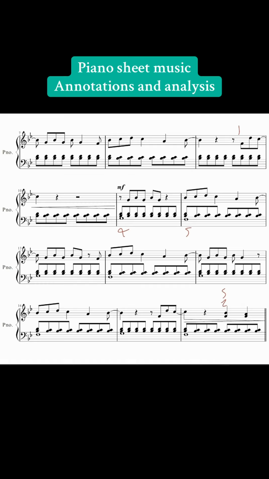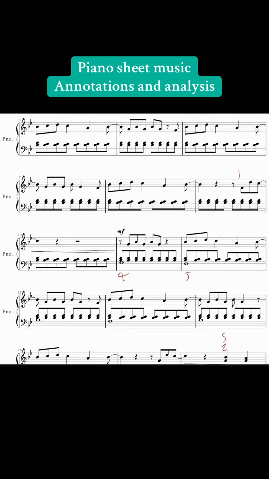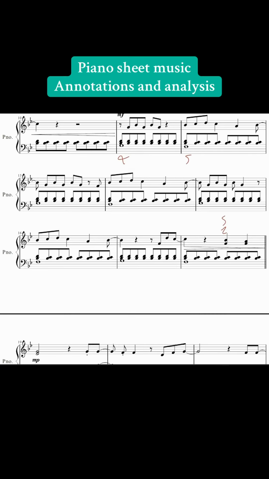So you'll see this repeated sometimes, and typically for the right hand, I'm going to write it above, and for the left hand,